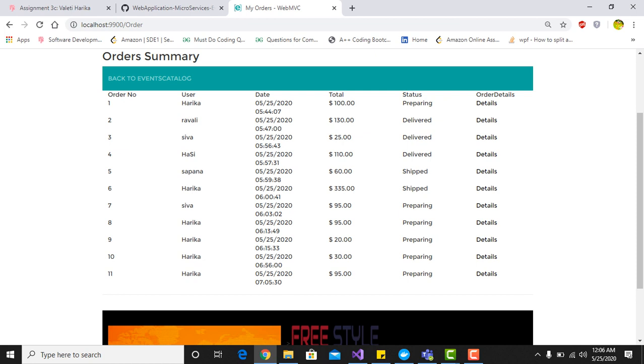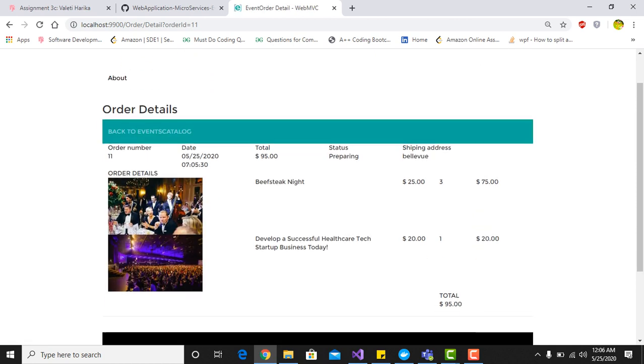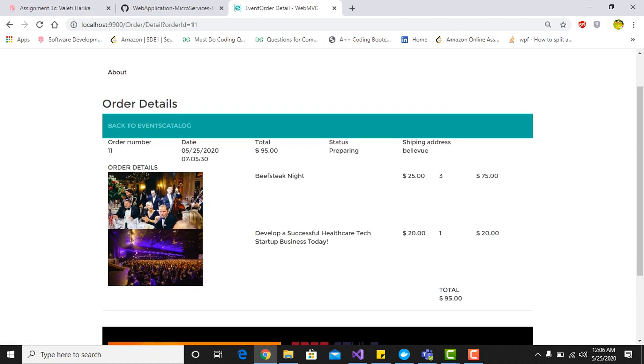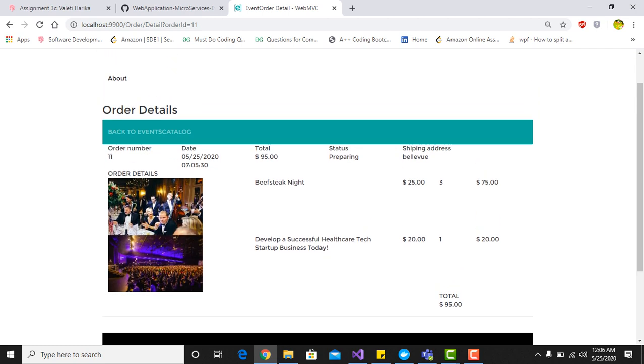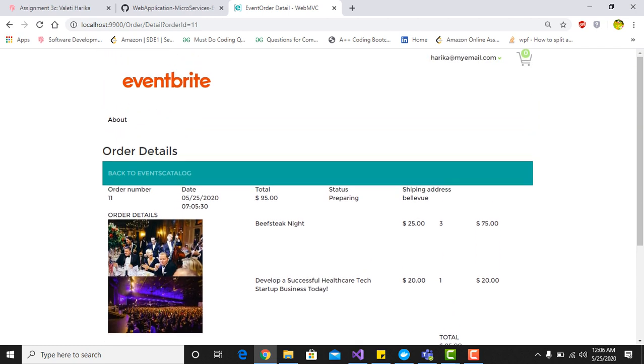To check further which events we have booked in this order, you can click on these details. You can check all the events you have booked, and also the order number, date, total, and the shipping address as well. So let's go back to the event catalog. We'll book